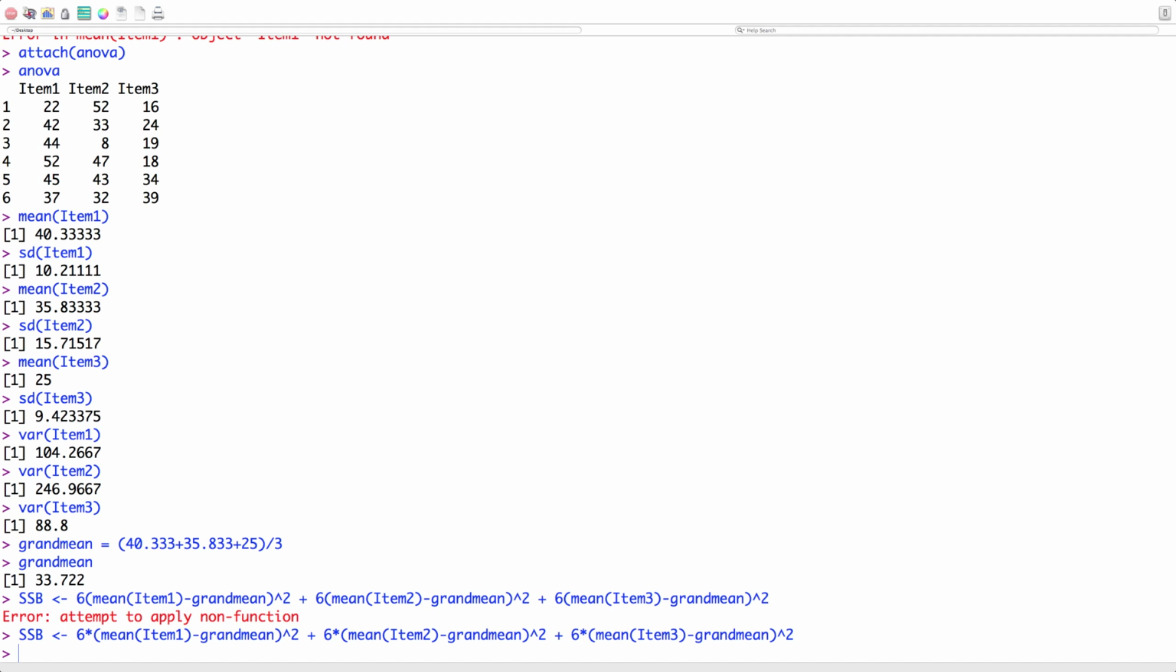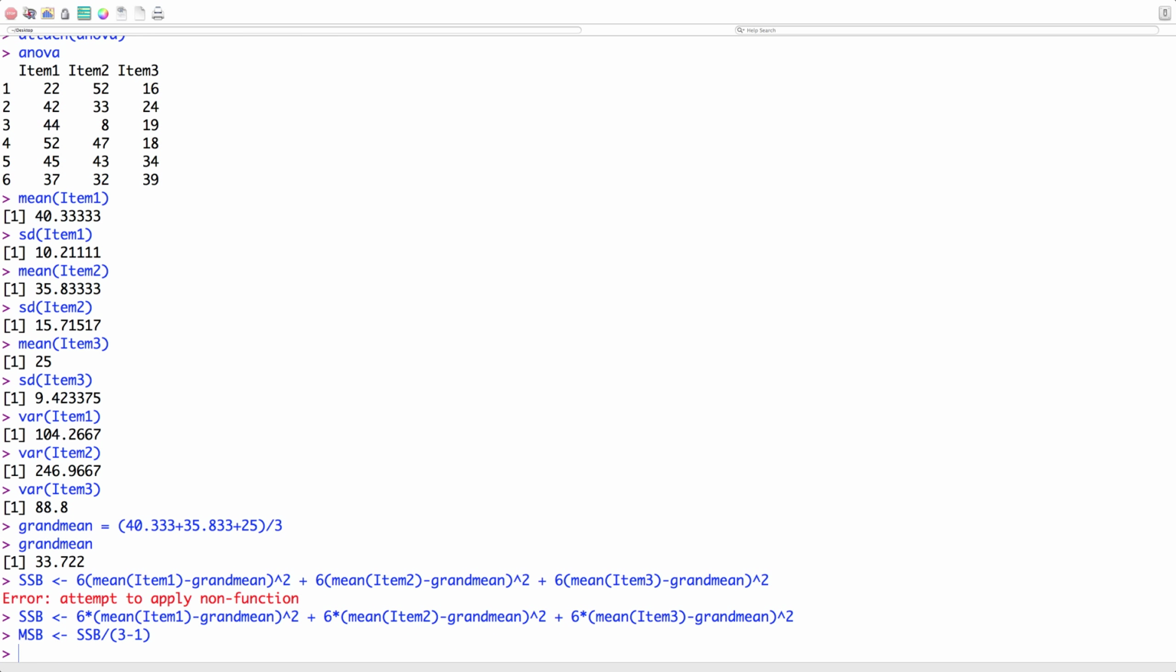All right, so sum of squares between. So we can find the mean squares between, which is going to be equal to the sum of squares between divided by 3 minus 1. Okay, now